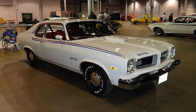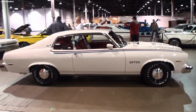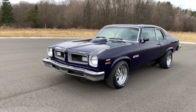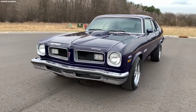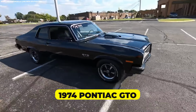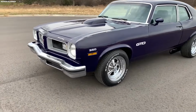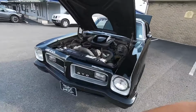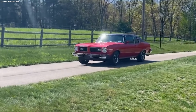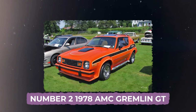Today, the 74 GTO is rarely sought after by collectors, overshadowed by its glorious ancestors. Most enthusiasts prefer to forget it, seeing it as the low point of a once proud muscle car dynasty. The 1974 Pontiac GTO is proof that even legends can lose their way. It was a car with a legendary badge, but an engine bay that couldn't back it up, making it one of the weakest muscle cars to ever wear the GTO name. Number 2. 1978